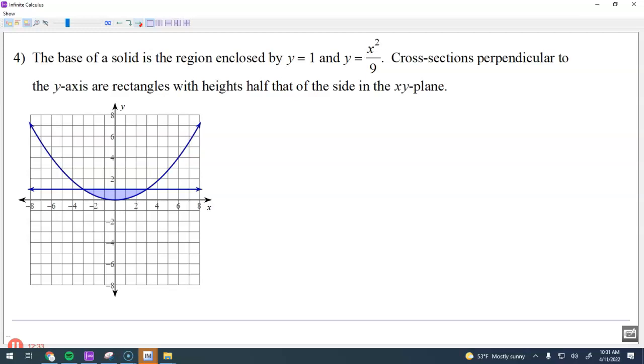You have to square 9 on the inside? That's fine. Okay, so let me go through it. We've got rectangles with height half of that of the side. So just kind of starting off, I know that area of a rectangle is base times height. But the heights are half of the base, so it's like base times 1/2 base. So it's 1/2 base squared. It's actually just like the